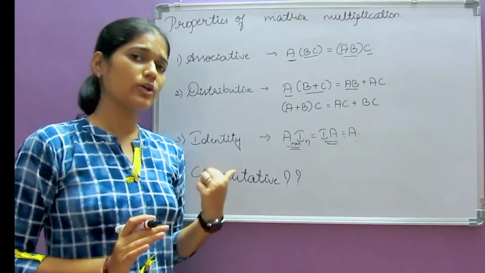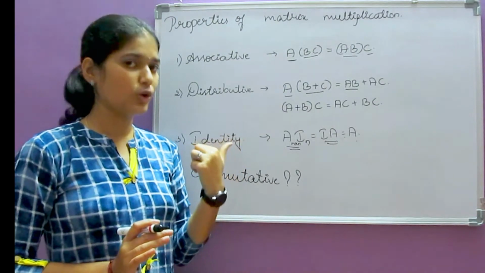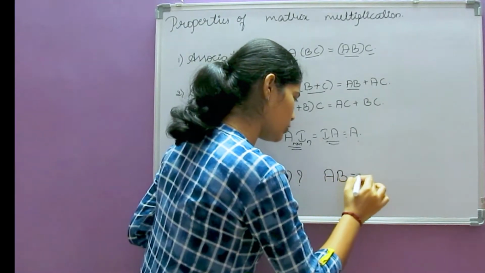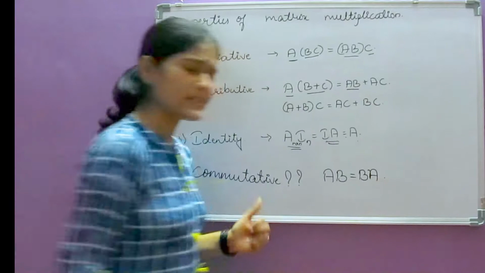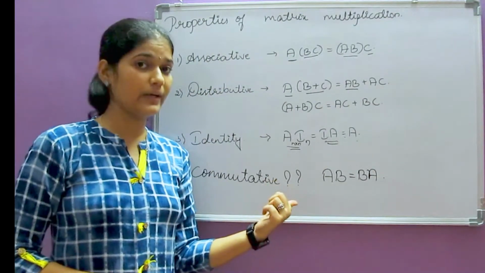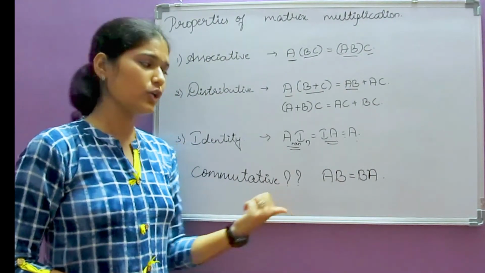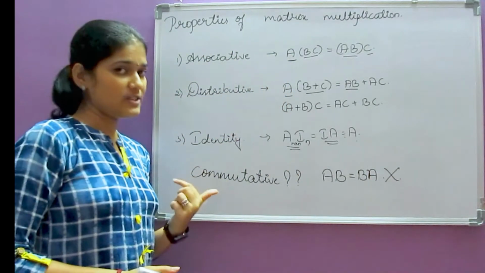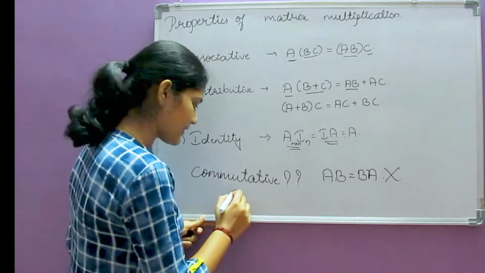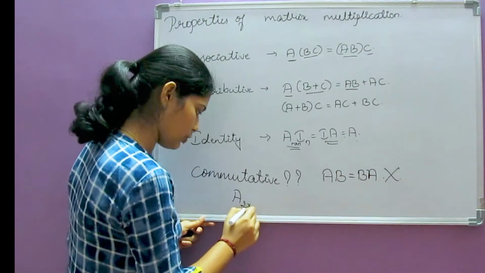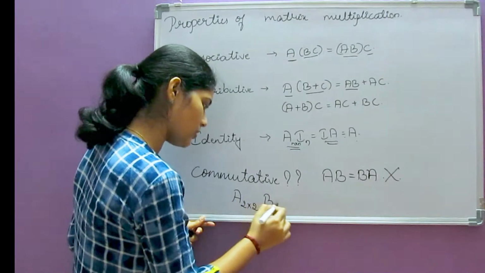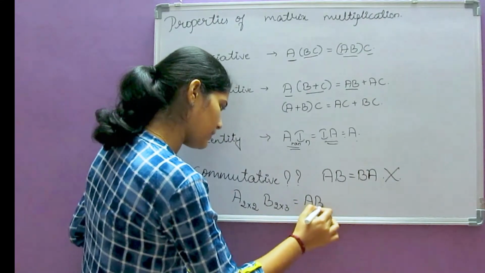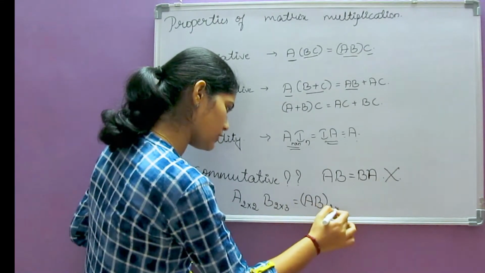Does the commutative property hold in matrix multiplication? You know commutative property, right? That is, AB is equal to BA. Does this condition hold for all the matrices A and B? No, this is not possible. Why? In the first problem itself, I took a matrix A of order 2 cross 2 and B was of order 2 cross 3. So the matrix AB was of order 2 cross 3.